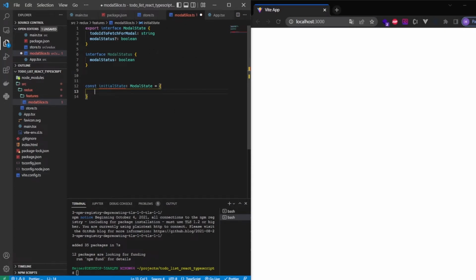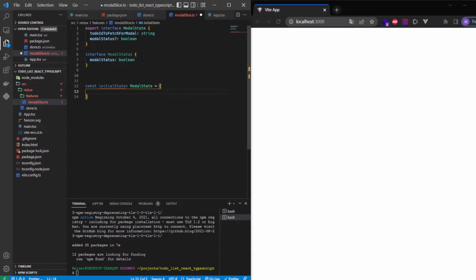We are having a global store, a global state, and all components can access this global state from everywhere. It doesn't matter which component, and the component can change the global state, and it can also get data from the global state. But we will see it in action soon. All right,